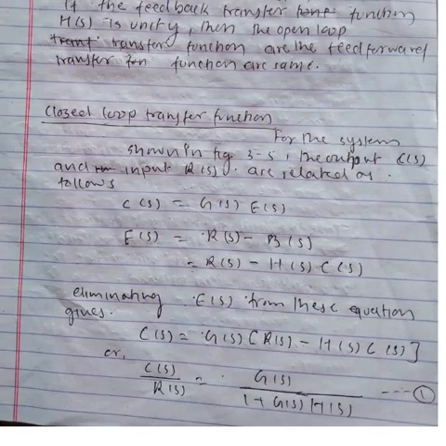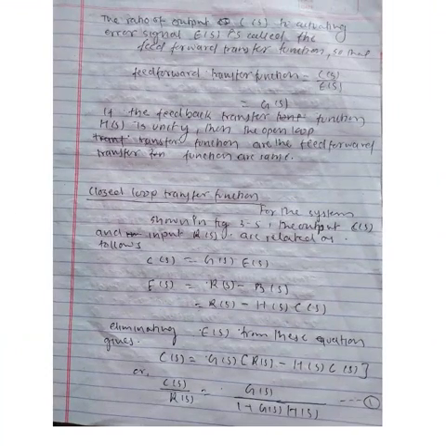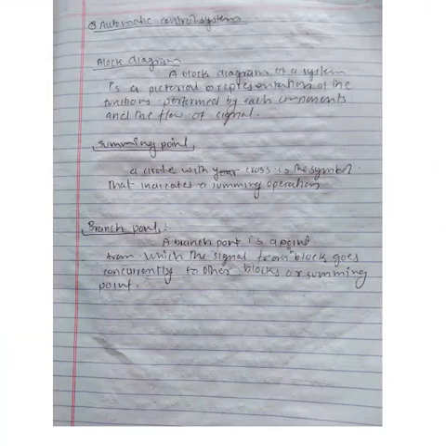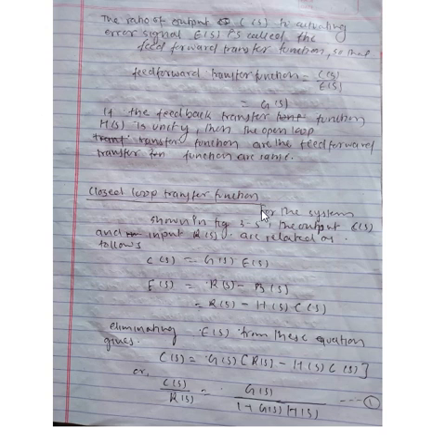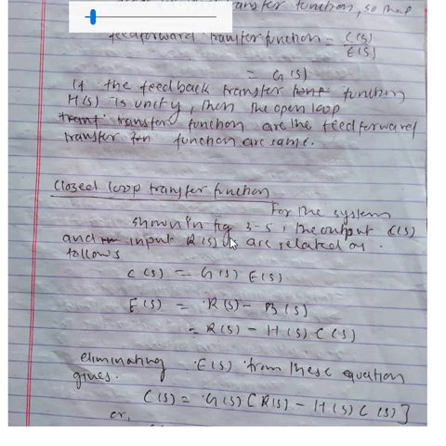This is figure 3.5, it is talking about this diagram. Let's zoom in a little. For the system shown in figure 3.5, the output C(s) and the input R(s) are